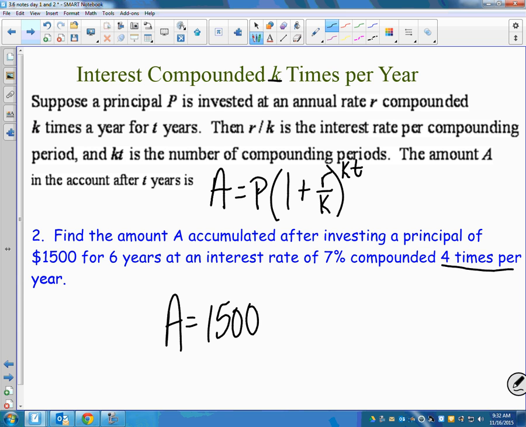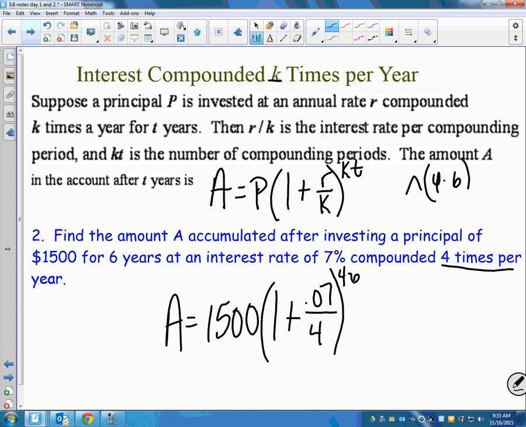So is this the same problem on the last page, except for now we're doing it 4 times a year instead of 1 time a year? So now we're going to say 1 plus 0.07 over 4. And then it would be to the 4 times 6, and this is where you got to be careful typing things in your calculator. For me, I would just type 24 in my calculator. But I'm going to show the number up here. But if you're going to type in your calculator raised to the caret 4 times 6,